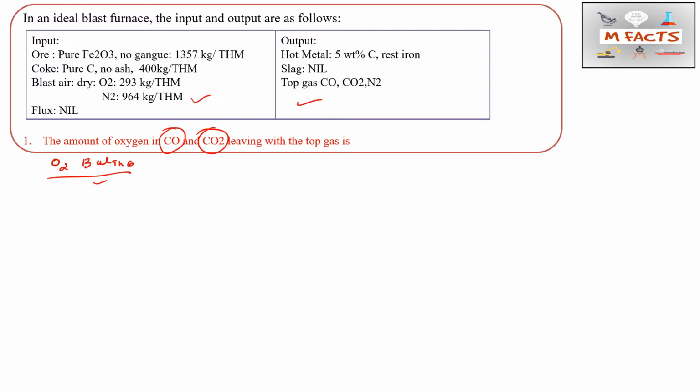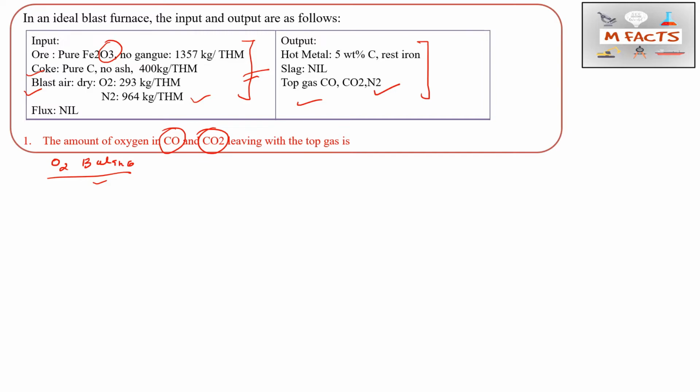Here we can see that oxygen is in this ore, and there is no oxygen here. Oxygen is in the blast air. So there are two places from where oxygen is coming, and on the output side, oxygen is going out in the top gases. So we will calculate the input oxygen, and then we will see where this oxygen